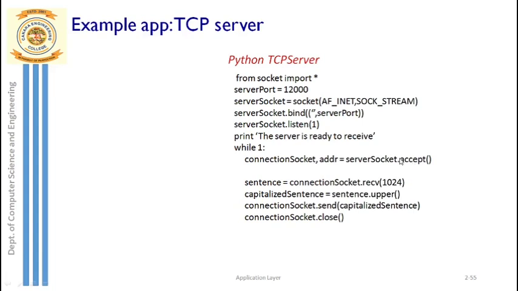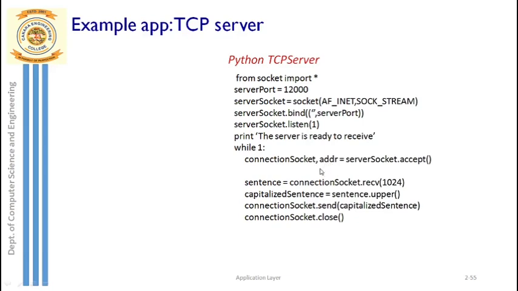Accept means what? Accept this client's request and now establish a new socket, that is the new connection socket for this particular client only. So server socket dot accept is the welcome socket. Using the welcome socket you have accepted, and a new socket is created called connection socket. Along with that, this also will return the port address of this connection socket. A new socket is created here, and that new socket is the connection socket. Along with that, the port address of the connection socket is also returned, which is stored in addr. So this is done. Your connection socket is ready.